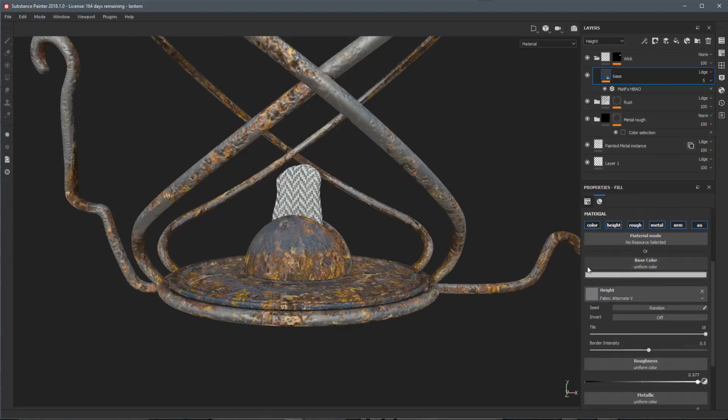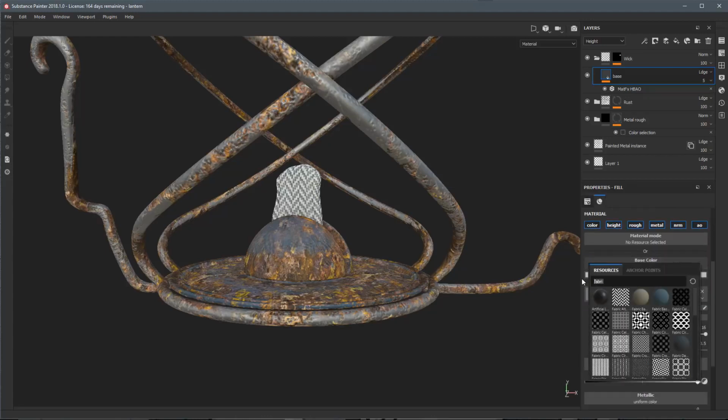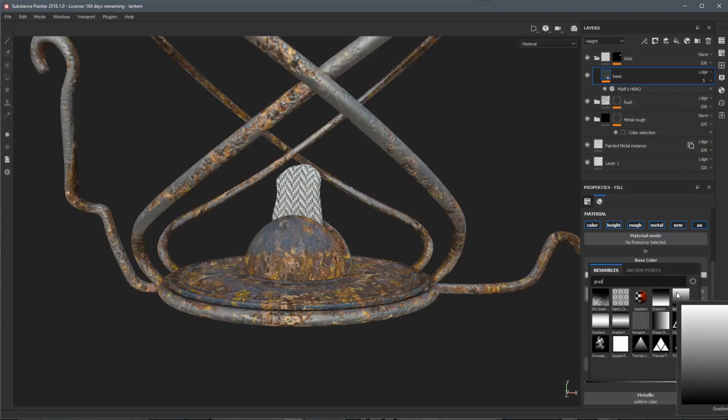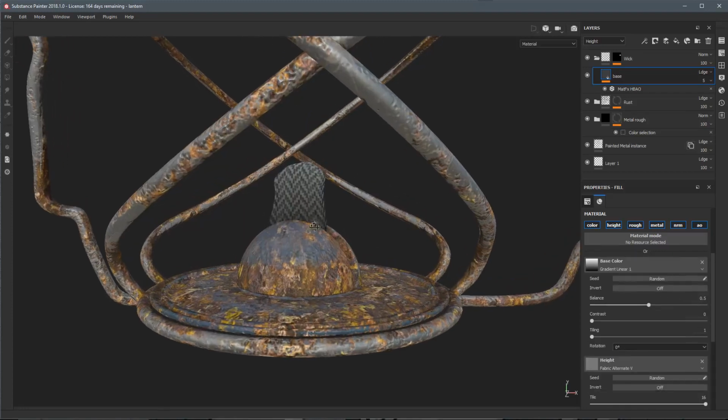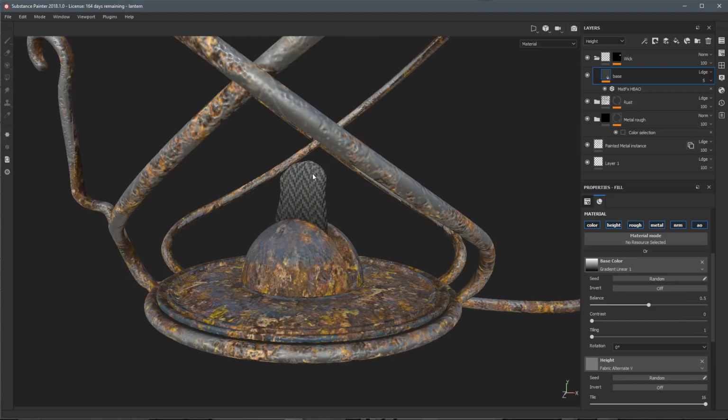Now for the material color, what I'm going to do is come in here to my mini shelf, and I'm going to start a search for gradient. And here I have this linear gradient 1. I'm going to use this. And here you can see that it's starting to produce this gradient for us. So now that I actually have some gradient value here on this base color,